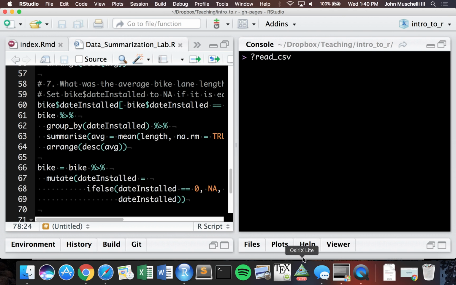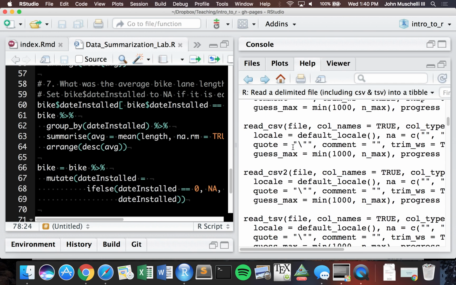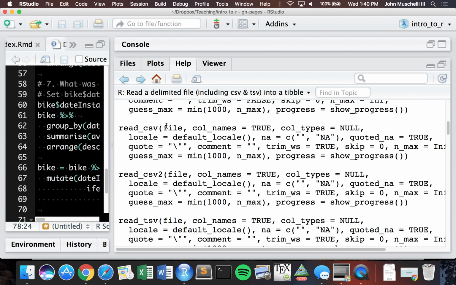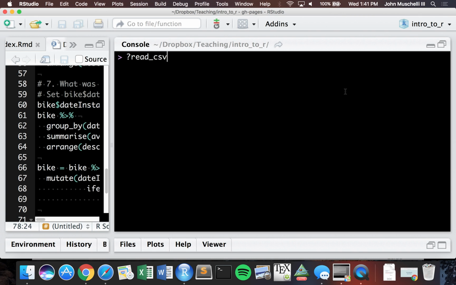So let's go back to the help file really quickly. So let's say you're like, all right, I know the file is the first argument, but I want to say skip equals like 5. I want to skip the first 5 rows of a data set, right? If you had to do it by the order, you'd have to specify file and then column names and column types, locale, NA, quoted, all these up until skip, and you would just put those in order. That's not really efficient, and that's not really helpful, especially if you don't want to change any of those values other than their defaults. So the way you would do that is read underscore CSV, say file equals data,